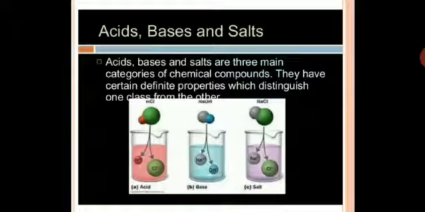from the other. So over here you can see the diagram: acid in a beaker, base in a beaker, acid HCl, NaOH and NaCl. In water they dissociate into ions. NaCl is an ionic compound, so it will dissociate into Na plus and Cl minus. HCl, the acid, will dissociate into H plus and Cl minus ions. Sodium hydroxide will dissociate into Na plus and OH minus ions. So just for you to understand these concepts, we need to see these diagrams.